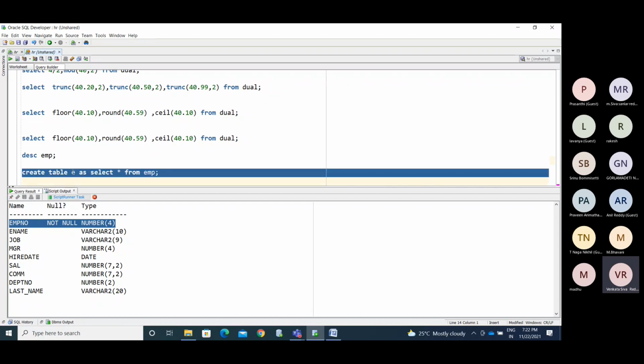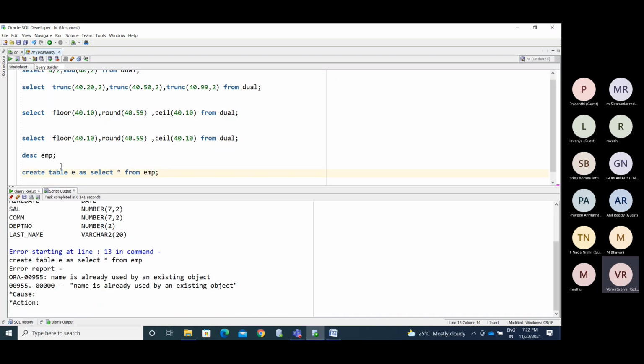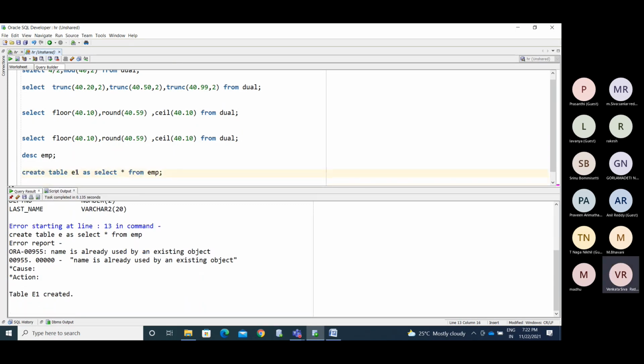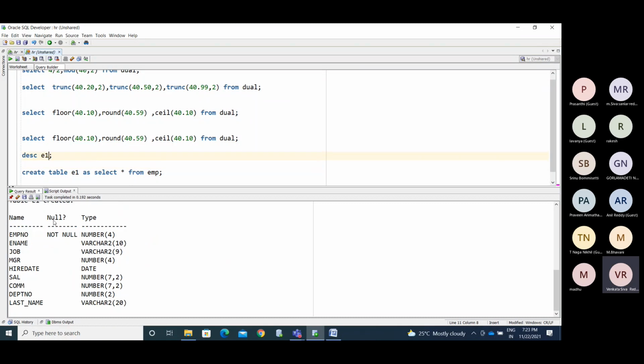Now I'm creating the E table from the employee table. This is already used by someone, so I'm maintaining the E1 table. Now see, E1 table has been described with the employee number with the number data type.